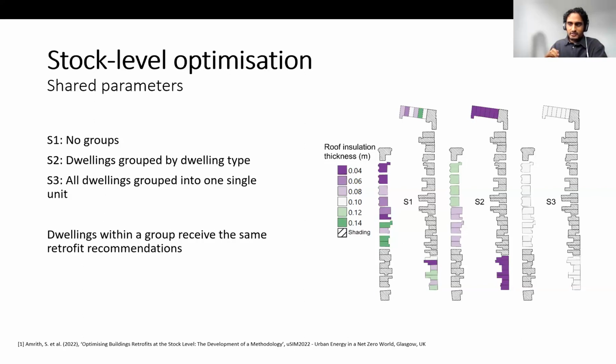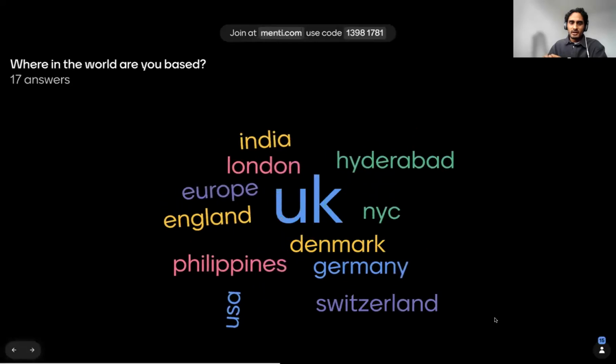So as I've mentioned, with stock level modeling, you can model a district thermal network amongst the houses too. And if you've captured the houses on that network, you can model this whole thermal network. If you wanted to look at optimizing the network itself, this is definitely something that's possible, as the model would be able to output the quantities, the flow temperatures, the heat losses and things like this that you might be interested in optimizing.